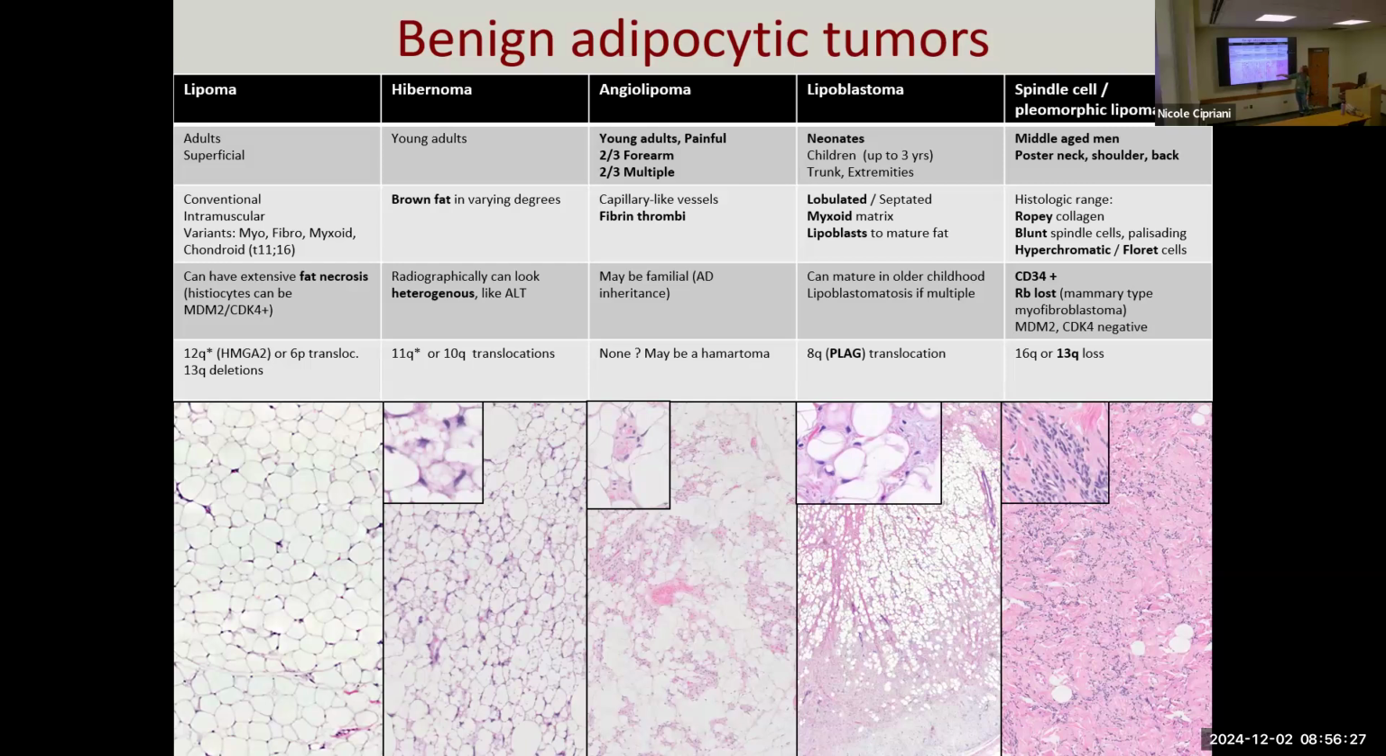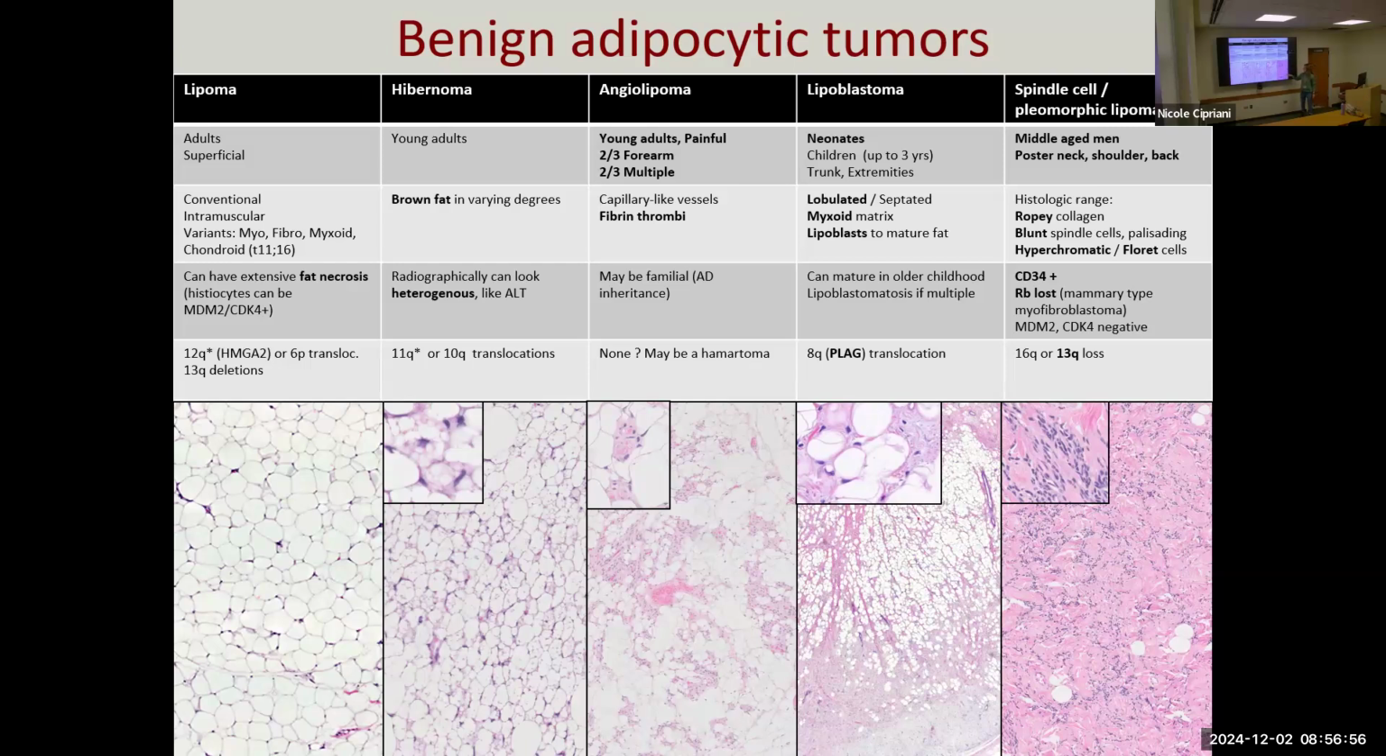Lipoblastoma basically has to be present essentially since birth. It can look like it has lipoblasts, myxoid stroma, and fibrous septations. It can mature into essentially a benign-looking lipoma and only have residual septae. So think about a young person. And then spindle cell or pleomorphic lipoma,